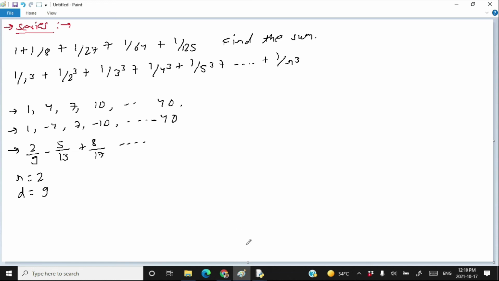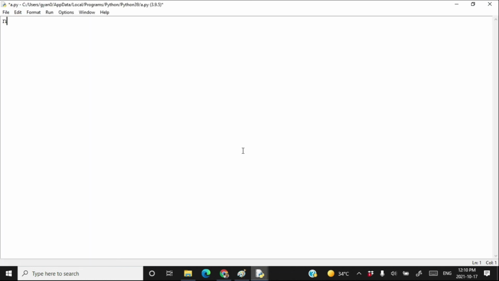Let's start. Let's write here n is equal to 2, d is equal to 9. Let's create a variable sum1 is equal to an empty string, because I am not going to calculate the sum of the series, I am going to print the series itself.